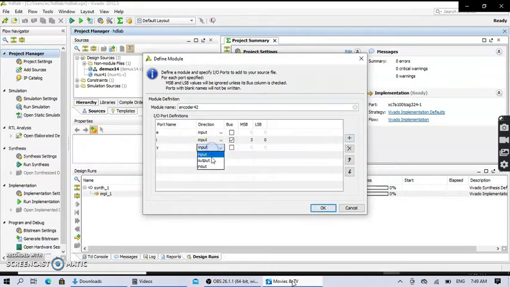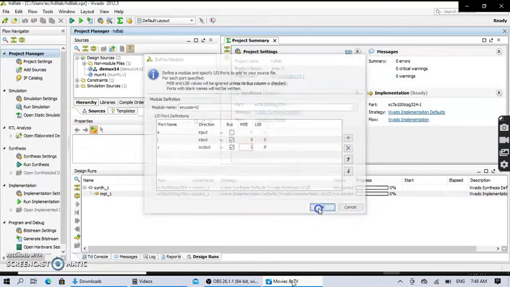Since two outputs are there, I need to select Y0 and Y1. Whatever the Y0, Y1 outputs will be, they become active depending upon your input lines, so that we can see and verify with the test bench and the simulation results. Now the input declaration is over. Then give OK.